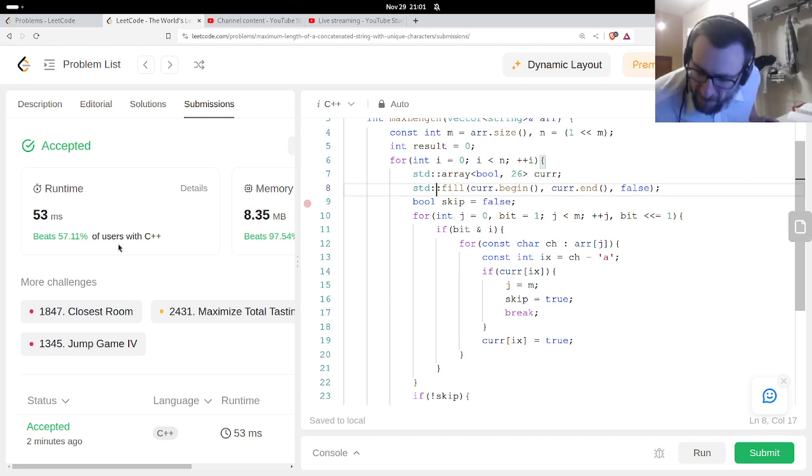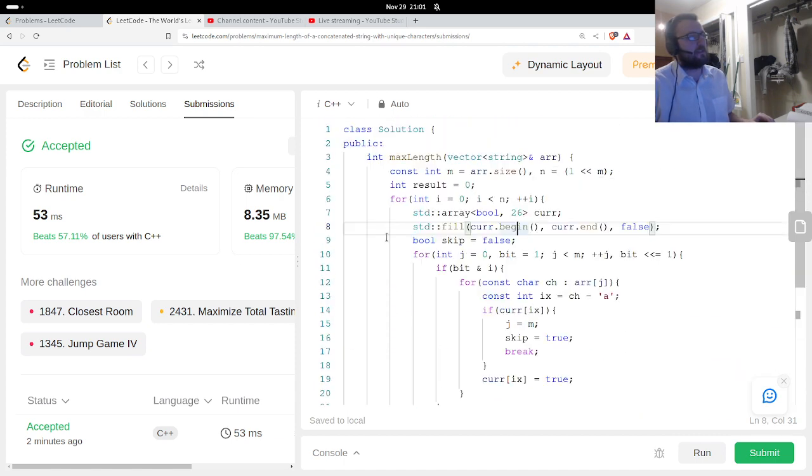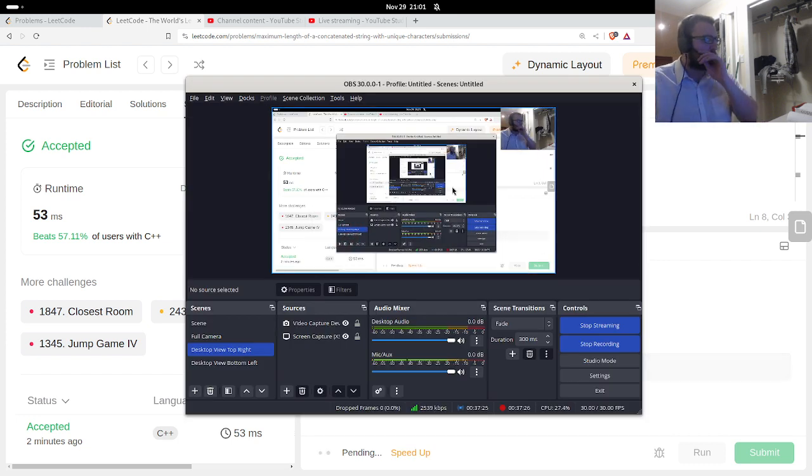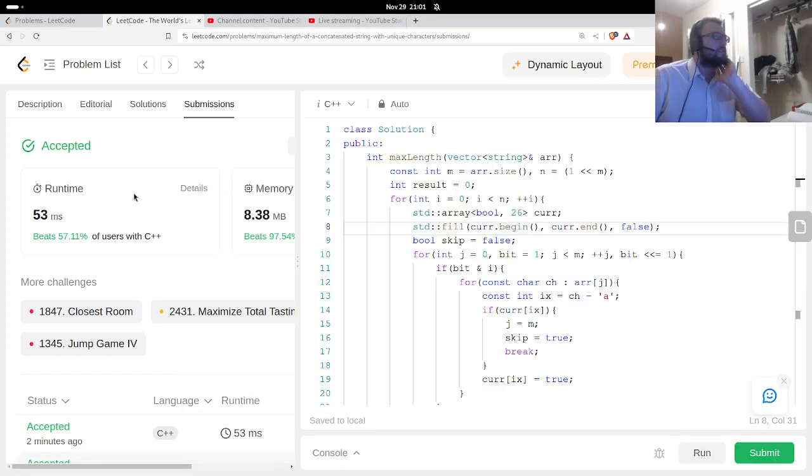Alright. I was gonna do this first. I was like, this is simple enough. Could do it like this. It's fine. Pretty straightforward. Maybe not the fastest solution, but it's reasonable.